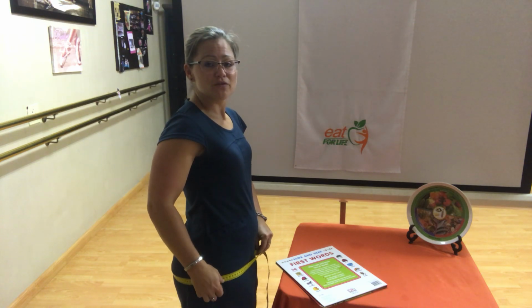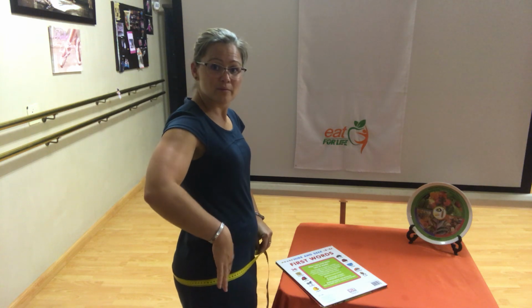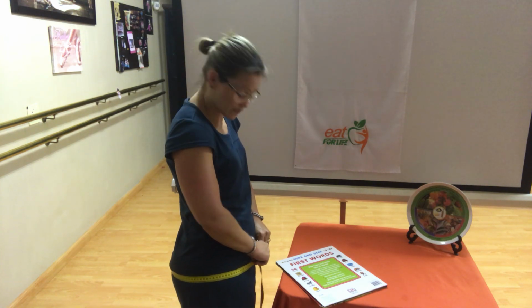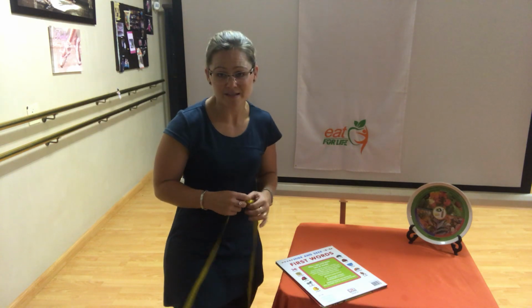So if you are doing it on your own, look in the mirror, make sure that your line is straight. Again, don't pull too tightly, but keep it firm and read to the nearest centimeter. If you have a friend who can do it for you or to help you with it, that's top notch. The last one that we need, so we've done chest, we've done arms, waist, hip, and the last